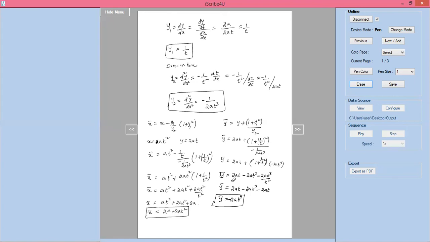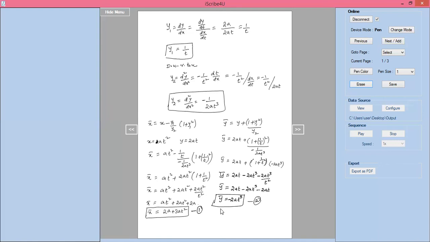One is x bar, another one is y bar. Now I found out x bar and y bar. Afterwards, I have to find the involute. This is the evolute I found out. Involute I have to find. How do you find the involute? I have to eliminate t in any one of the equations. Any one of the equations I will take, and I have to eliminate this. If I eliminate this t value, then I'll get the required equation. That is the involute. So that's the way I will take this x bar equation as equation 1 and this y bar equation as equation 2.